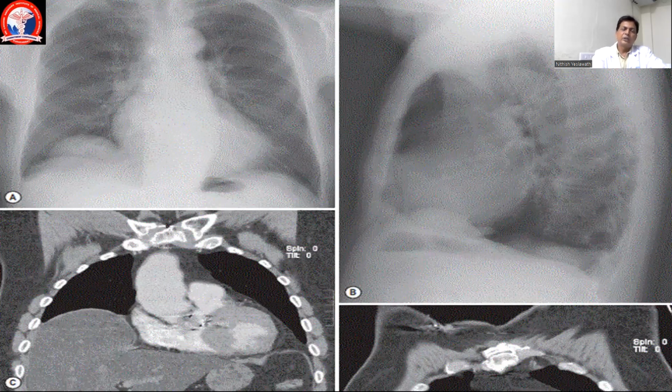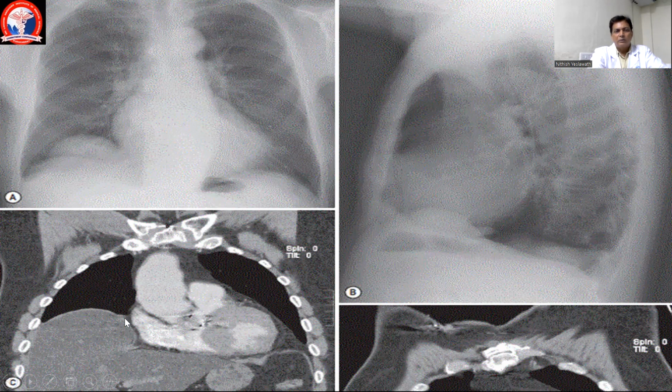Now we have seen the chest wall, then pleura. Now we'll start the third part of this topic. That's the diaphragm. What we get to see here, there are four images. One is a frontal chest radiograph, a lateral chest radiograph,